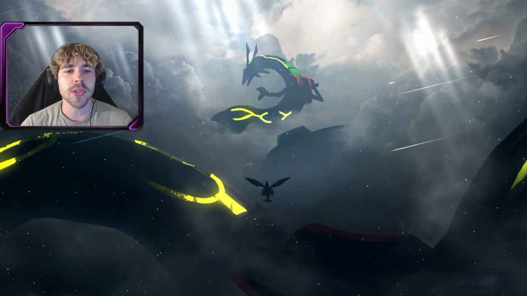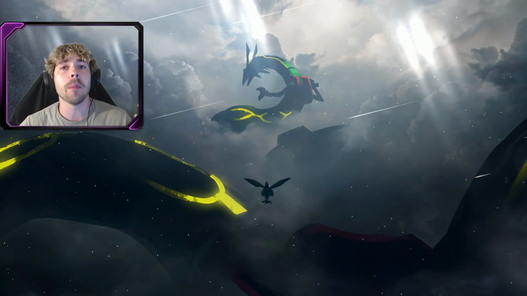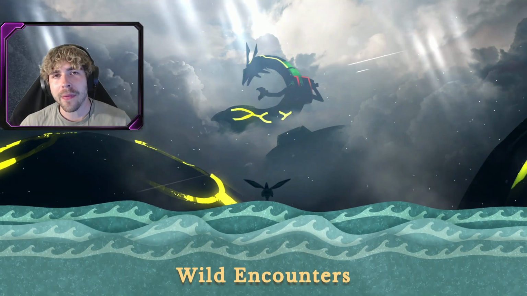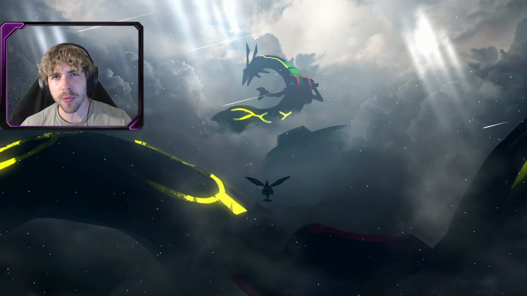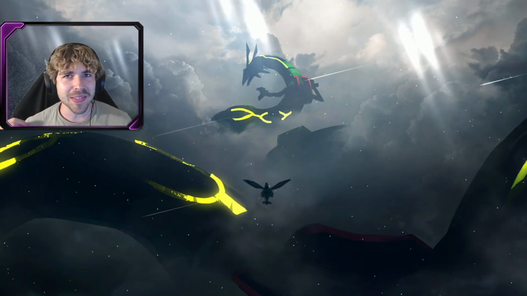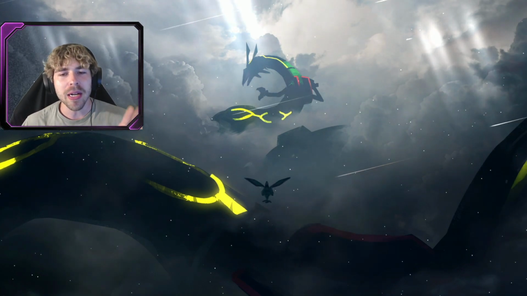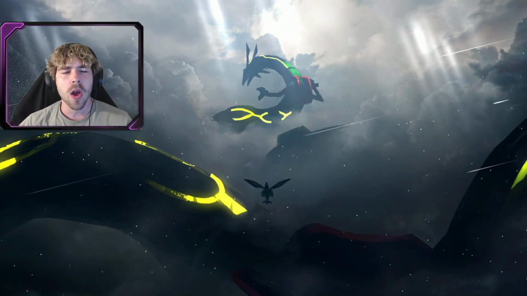So obviously one of the main ways to go after Shiny Clauncher, and one of the best ways, is wild encounters, so going for the shiny in the wild. Now, I think Clauncher is going to have a pretty decent spawn rate, pretty similar to Drillbur in the last event when that shiny did debut, but there are like 14 to 15 featured spawns for this Beach Week event, so the spawn pool is pretty big, but I still feel like Clauncher's spawn rate will be pretty decent, because I feel like some of these spawns are going to be on the low end for spawn rate,